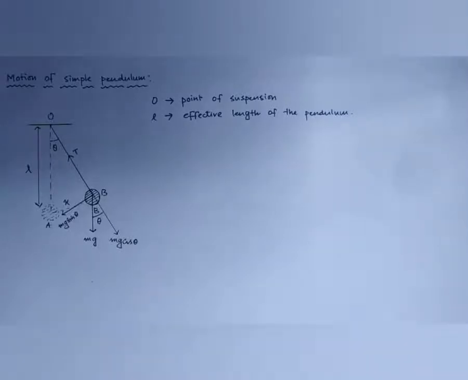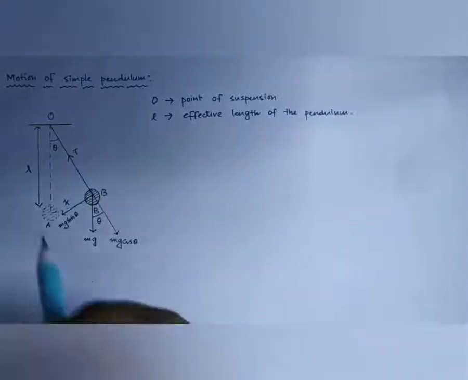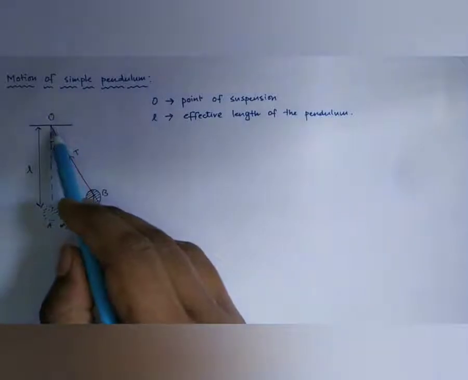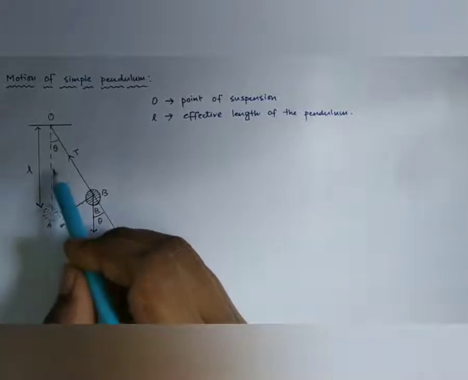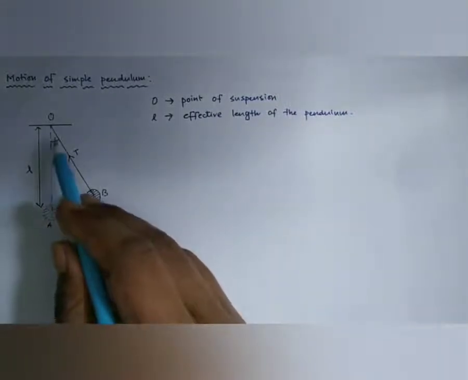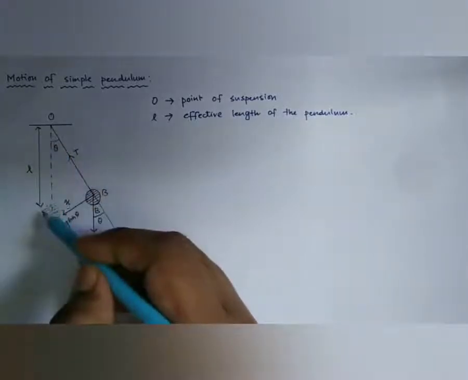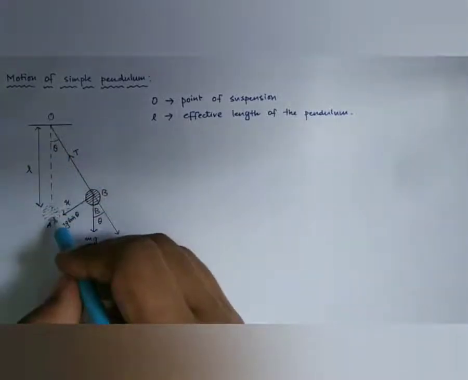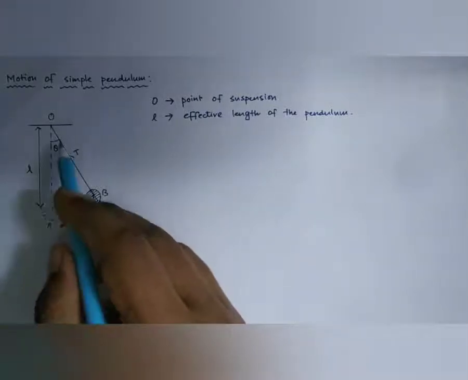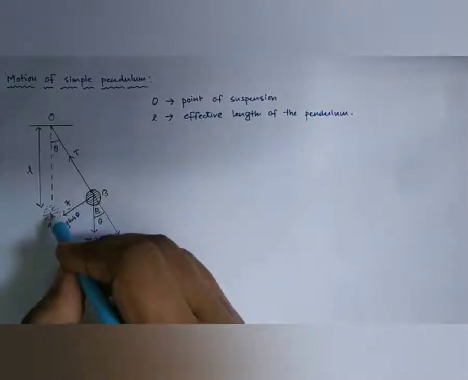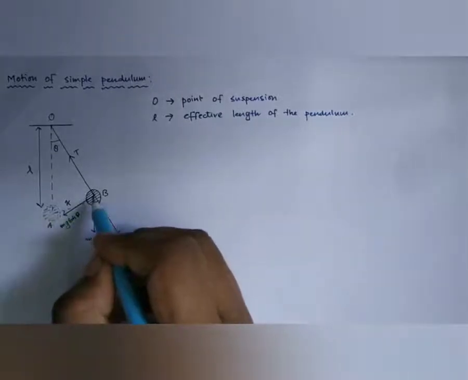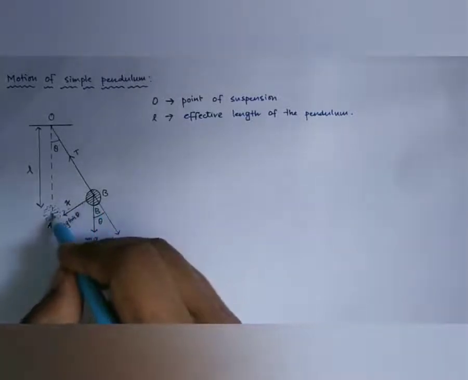Here we are going to discuss the motion of the bob of a simple pendulum. Here in the figure it is shown that from the point of suspension O, a simple pendulum of length L is suspended from the point O. The length is L and OA is the equilibrium position where it is in equilibrium. Now if we displace it to any one side about this equilibrium position, then it will start to and fro motion about the mean position.